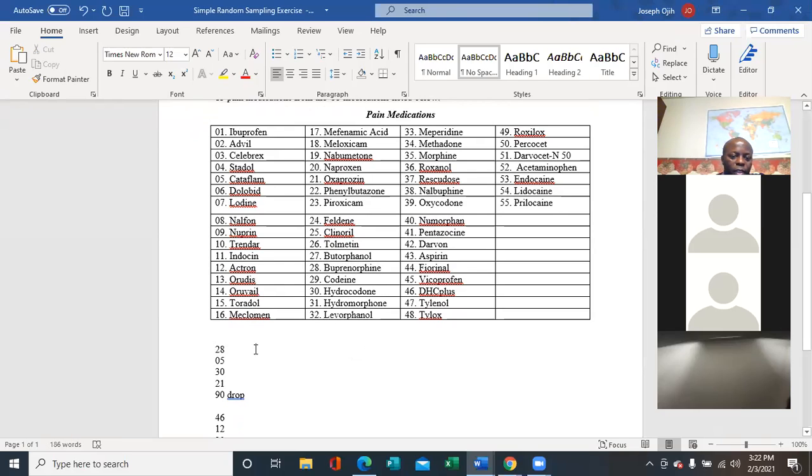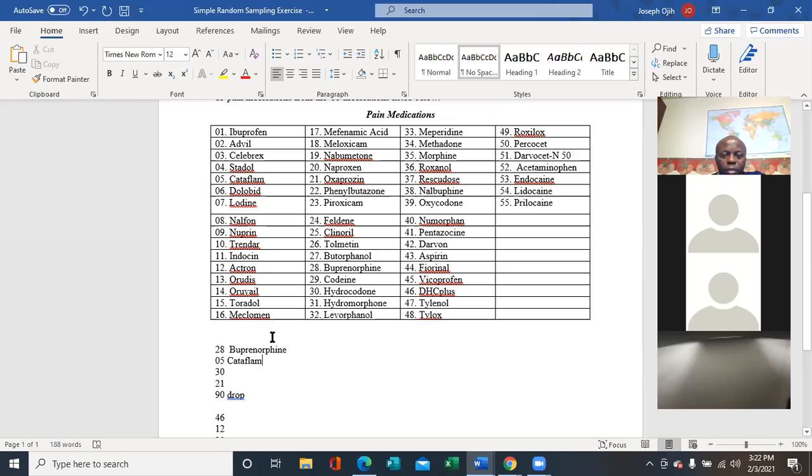It's called buprenorphine. Morphine. Now the next number is 5, and that medication represents cataflam. See right here, cataflam. So have cataflam.